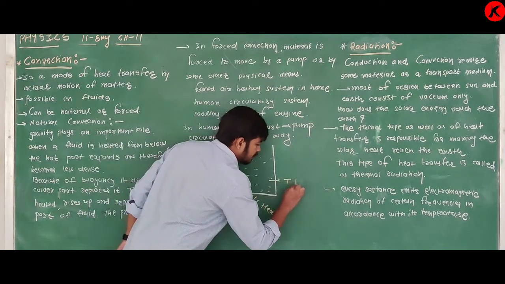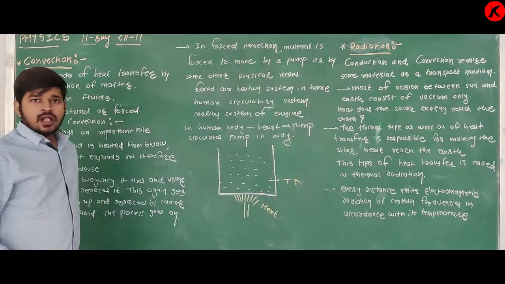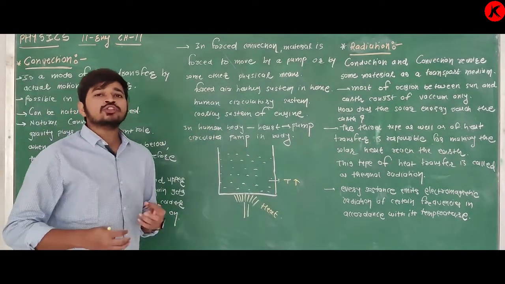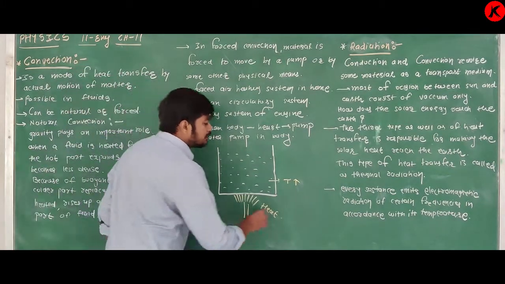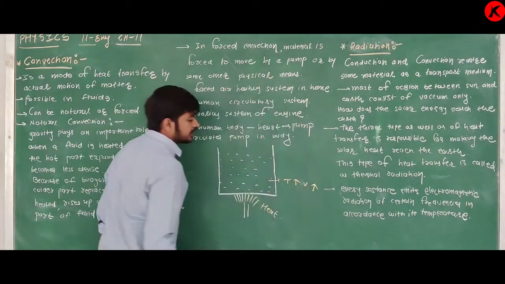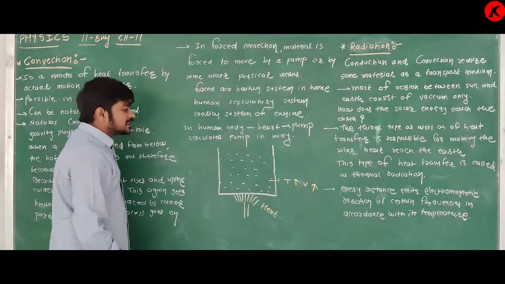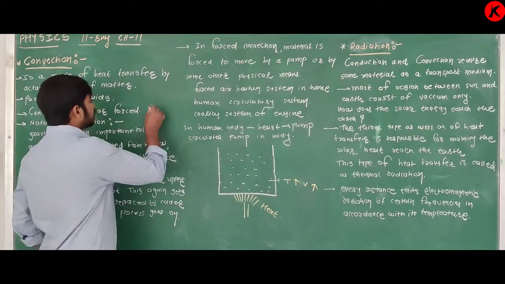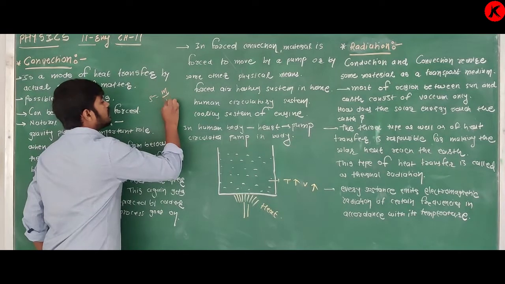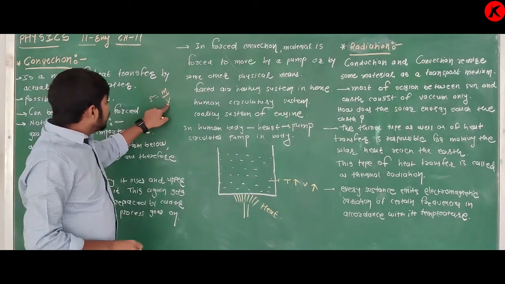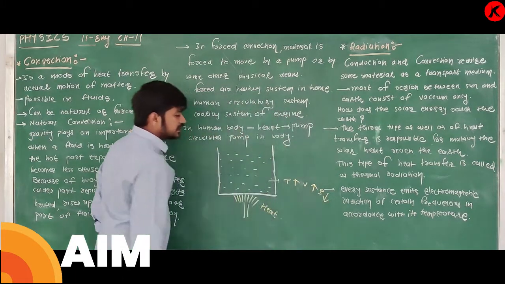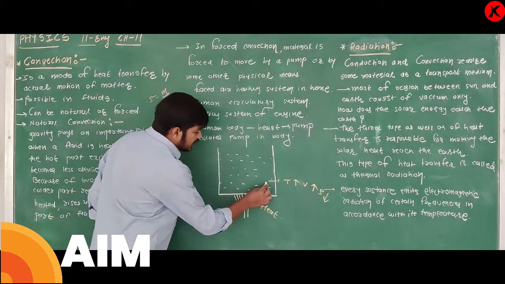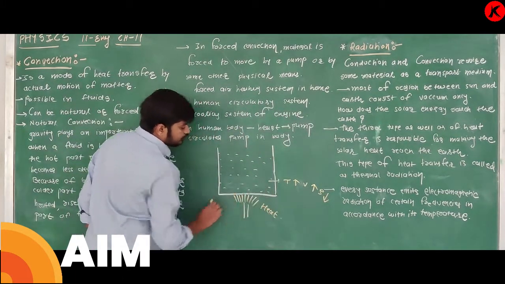Its temperature increases. Now as temperature increases, you know thermal expansion. So as temperature increases, volume increases. And if volume increases, we know one relation, that is density rho is equal to mass upon volume. So if volume increases, density decreases. So this less denser fluid,